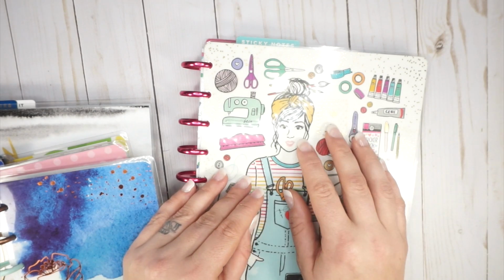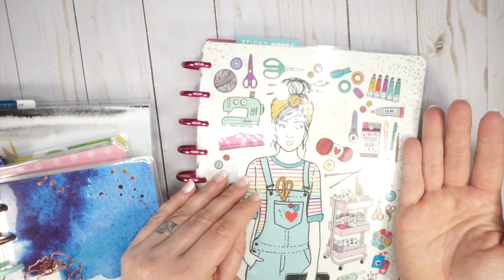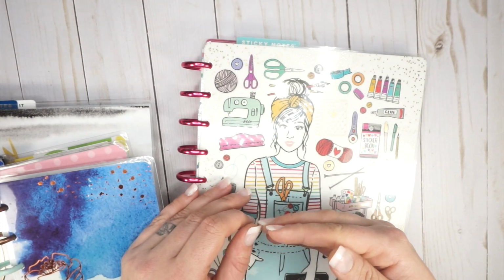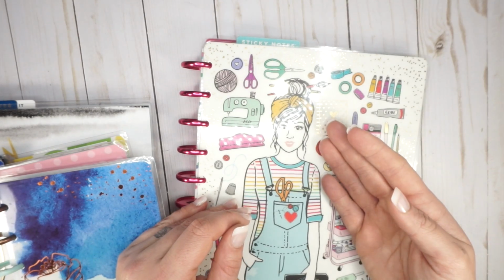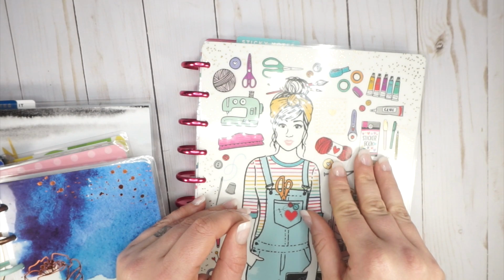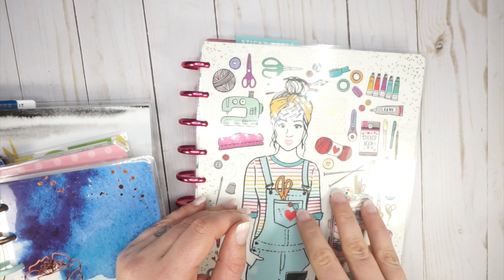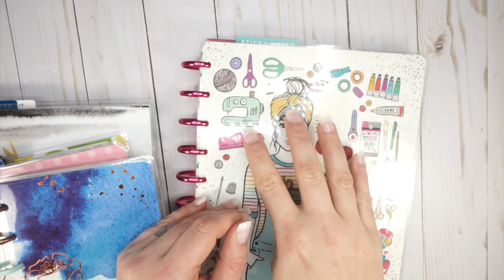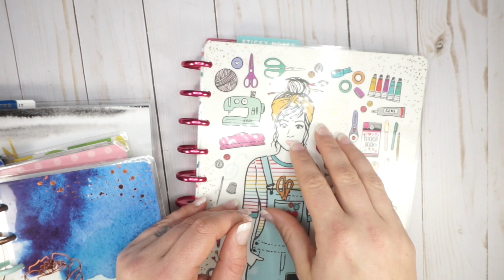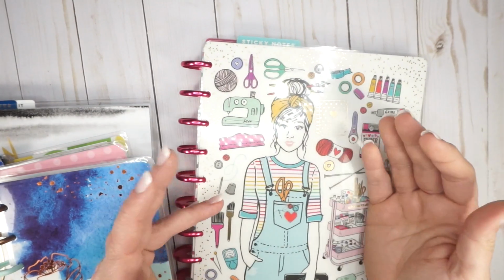In one planner, I actually felt more unorganized than I did not even using a planner. So it's important to make sure that your planner is working for you. For example, I feel very unorganized when my family tasks are in the same place as my YouTube and my workout and my meal planning and my fitness things. When all of that is together, I feel very jumbled. I feel like I'm running out of space constantly,